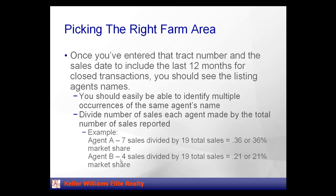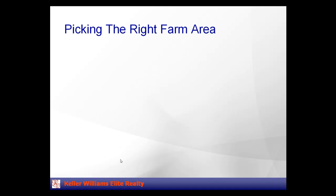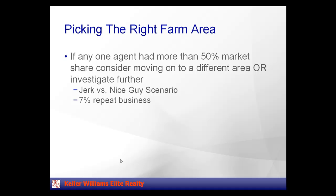Agent B has 4 sales divided by 19 total sales, or 21% market share. If any one agent has more than 50% market share, consider moving on to a different area or investigate further. I'm going to tell you about what I did in one area. There was an agent who had probably about 45% market share, and nobody wanted to compete against this guy, but